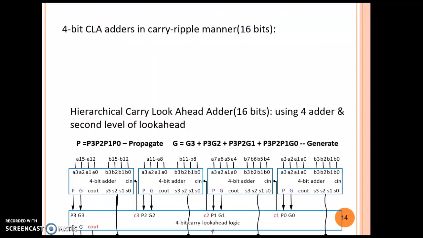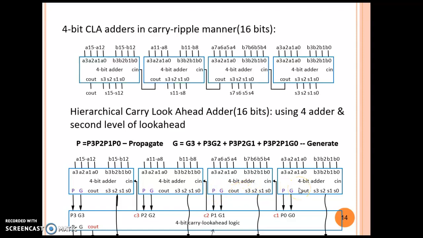So you can see over here, this is nothing but a first stage in which 4 carry lookup adders are used. The main difference is that we are adding these two extra terms, P and G, and those two terms are output to the next carry lookup adder, and finally you are getting the carry out. The carry out and the sums are available in this carry lookup adder only. So this is nothing but a 16-bit carry lookup adder with 2 levels of hierarchy.